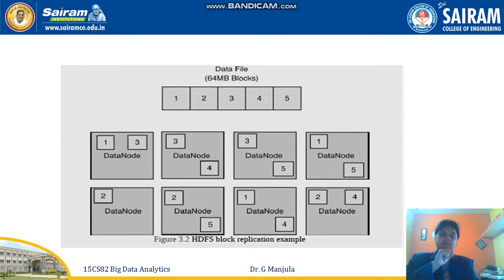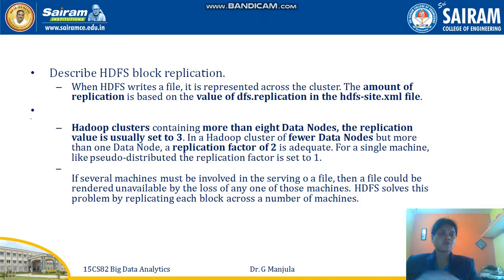What happened when I said I want block 4 and block 3? Block 4 is not stored completely in all the nodes, which means it is being categorized. Either it may be in HTML files, or in data files, or in a redundant file. Now see the previous slide: how has it been categorized? The amount of replication is based on the value of the DFS replication factor, or on the cluster, with fewer data nodes in a Hadoop cluster.